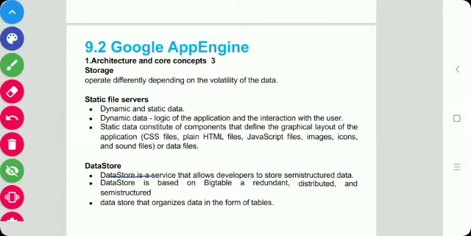The datastore provides a high-level abstraction that simplifies interaction with Bigtable. Developers define their data in terms of entities and properties. The entity is associated with a key which is either provided by the user or created automatically by the application. So in this datastore, the data is stored in terms of entities and properties.